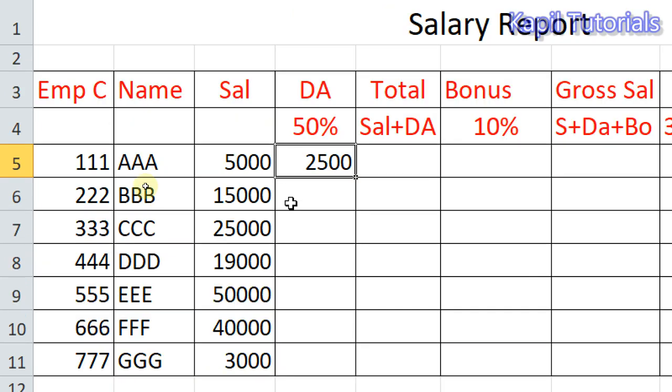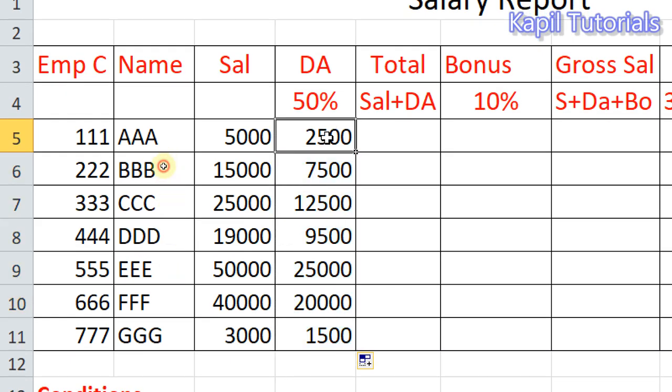One way to copy this formula is to take your cursor to the end point here, this side. It converts into a plus sign. Then you can drag it down, and what happens? If you see the formula here, it is C5 multiplied by 50 divided by 100. Now if I see the formula here, it is C6 multiplied by 50 divided by 100.